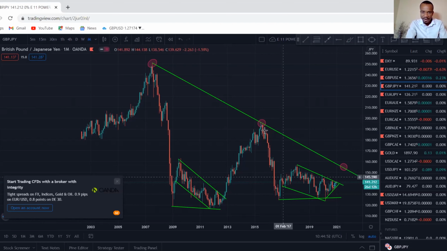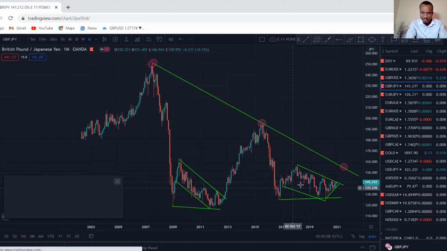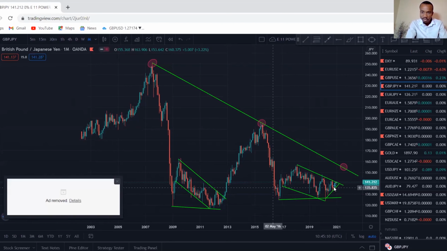As you can see, price went impulsively to the downside from 2015. Price corrected, and price also has formed this reversal pattern. But within this reversal pattern, price is forming some flag there, some bullish flag. So around this area, price, if it doesn't break to the downside, price might decide to go and test this